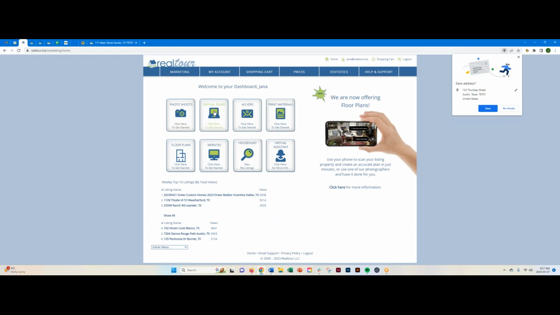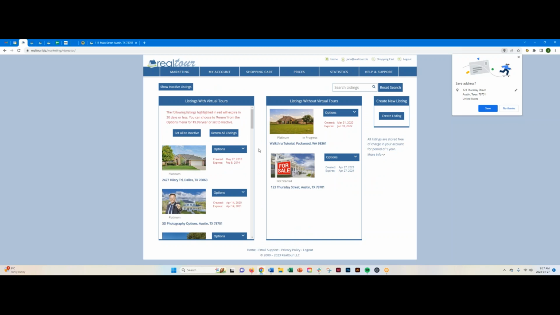Next up, we're going to make a virtual tour. Okay, all I do is click on virtual tours. And once again, I land on that same page with all my listings. Now you'll notice that listing that I just made for the photo shoot, 123 Thursday Street, now it's here. So if I wanted to make a virtual tour for this, under options, I can choose create tour and go